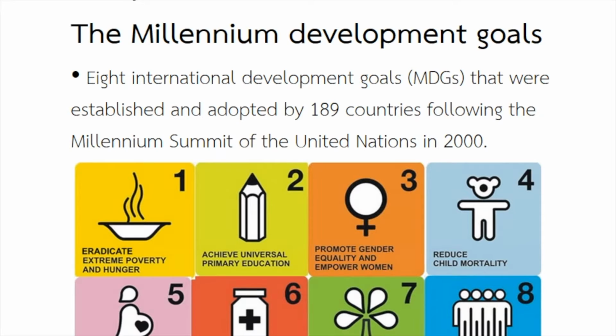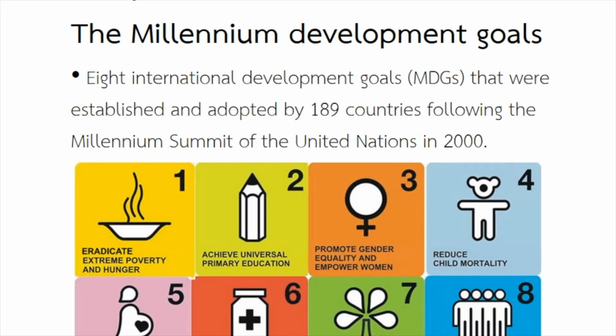The Millennium Development Goals are 8 international development goals that were established and adopted by 189 UN member countries following the Millennium Summit of the United Nations in the year 2000. That Millennium Summit was another UN conference which did not focus exclusively on environmental issues, but more on overall human